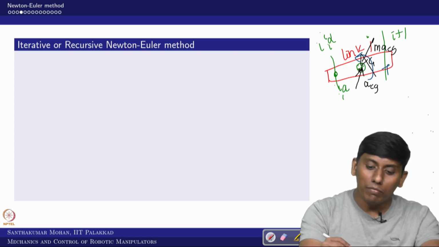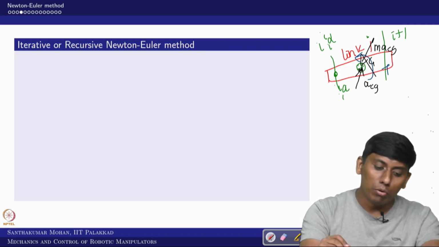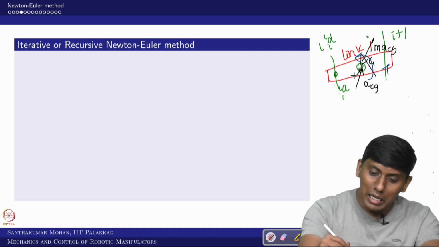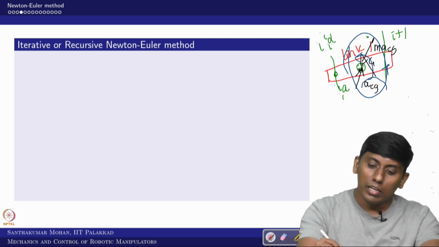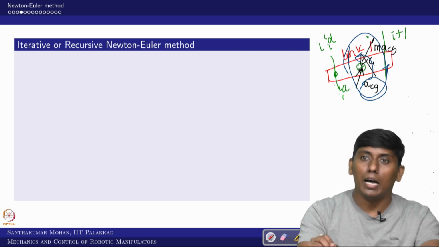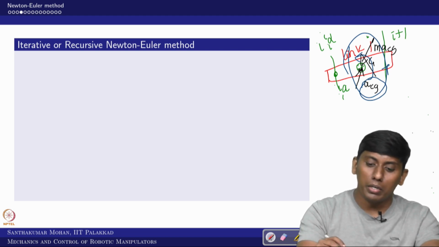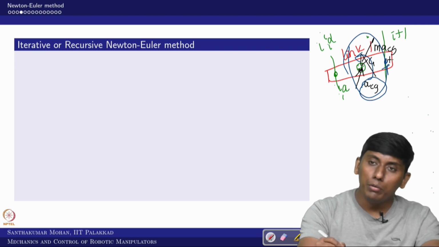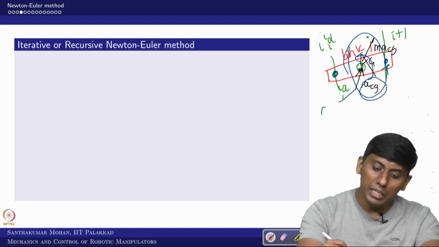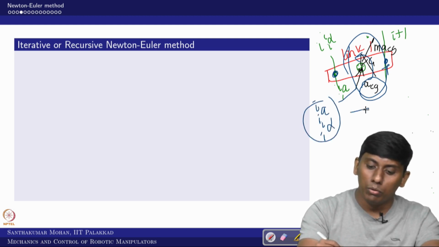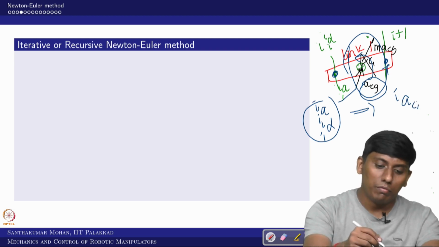So, now what are we doing? We are not doing it for the joint, we are doing it for the link. So, what do you need to know? You need to know the link inertial forces and moments. For that, you need to know the link centroidal acceleration. For that, what one can do is go from any one of the joints. The preferred way is forward propagation. So, once you know A i to i and alpha i to i, you can go to A C i to i, okay. So, that is what we are trying to do.